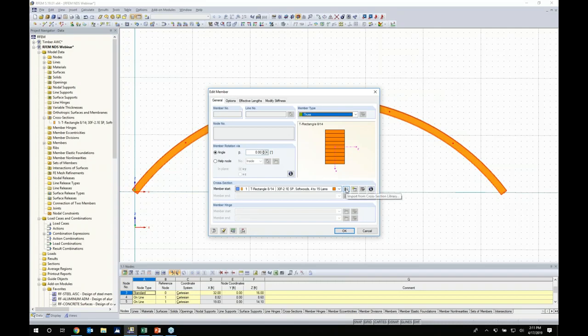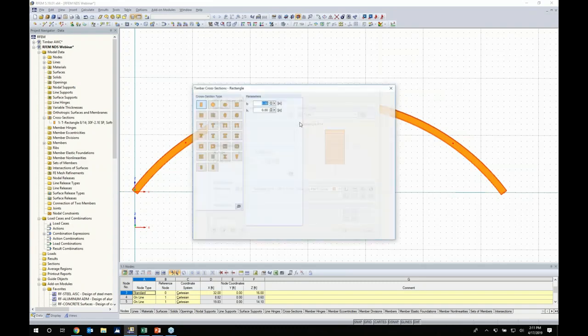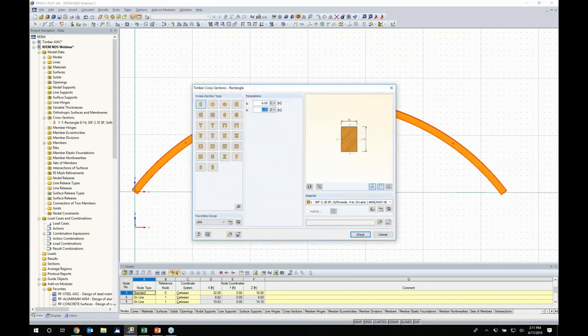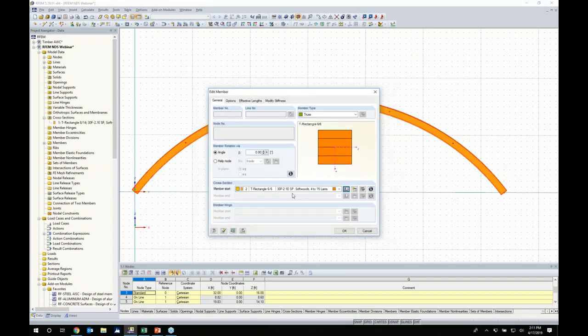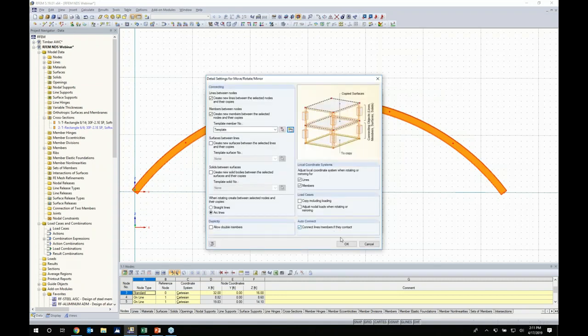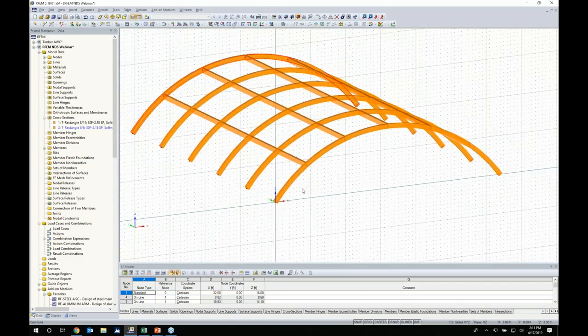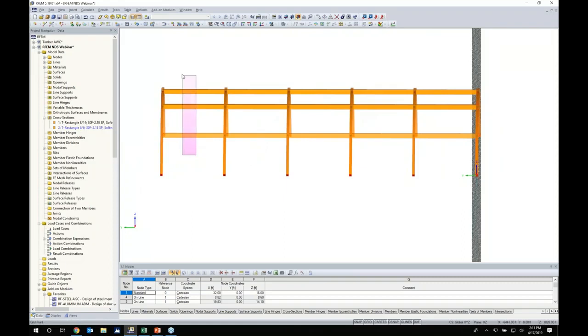So I access my cross-section library here to create my purlin member. We go back to the parametric section. And here is where I'm just going to type in 6 inches by 6 inches. I'm still going to utilize that material I've already defined within the model, but of course you can add in another material if you'd like here. So we make sure that we have this selected here, the 6 by 6. I click OK, and we click OK through these dialog boxes, back to our Move Copy,